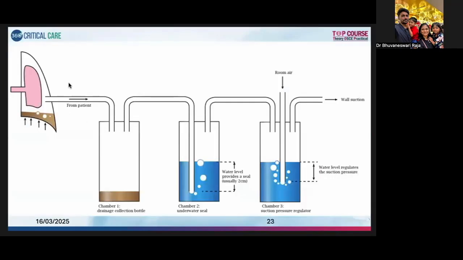So you can see that there is a drainage chamber which drains the collection from the patient, and there is an underwater seal which maintains the negative pressure for the pleura, where the rigid straw is immersed at a depth of 2 centimeter. And there is a third chamber where you can see a rigid straw is immersed into the water, and this immersion level determines the negative suction, okay, not the wall suction that is being connected to the